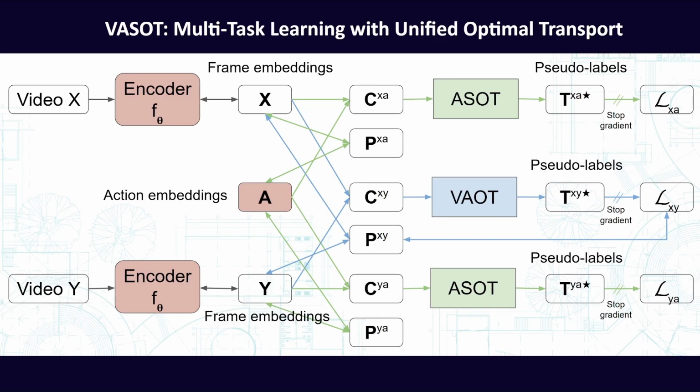For action segmentation, LXA is the cross-entropy loss between the normalized similarities PXA, computed between X and the action embeddings A, and the pseudo-labels TXA star obtained from ASOT. Similarly, LYA is between PYA and the corresponding pseudo-labels TYA star from ASOT. Together, these losses enable joint optimization of the encoder and the action embeddings, enhancing both video alignment and action segmentation